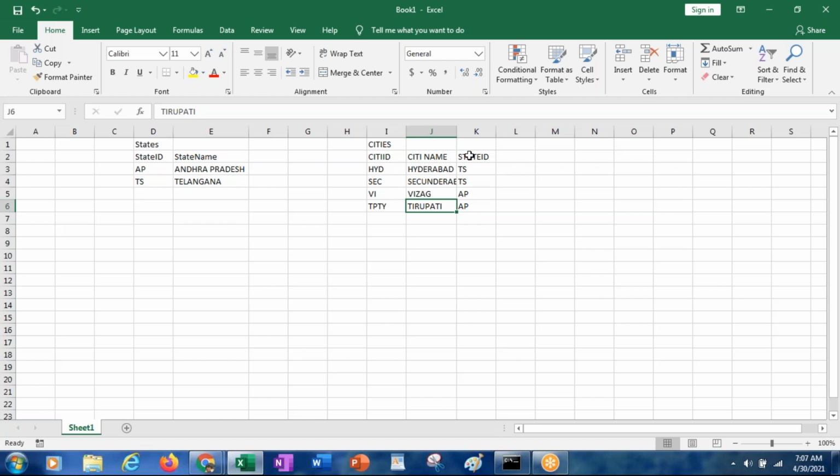When you pass TS, how many records are there with TS? 2 records, Hyderabad and Secunderabad. So only these two have to be populated into the cities drop down. Like that we have two separate tables and one common column, state ID, between those two tables. So when you pass the primary key value from the states to the foreign key of the cities, it will be populated.